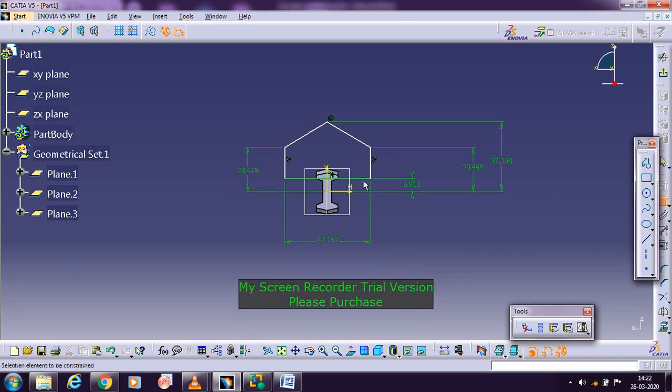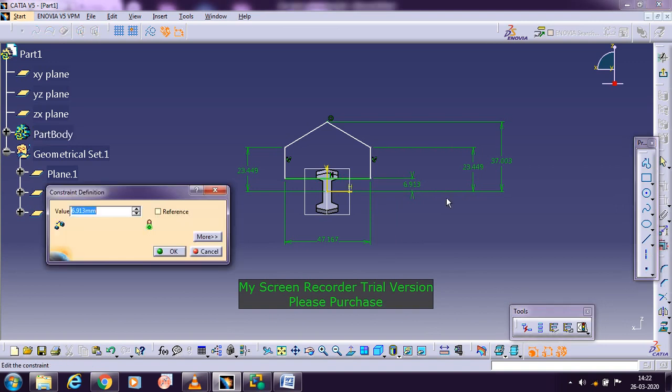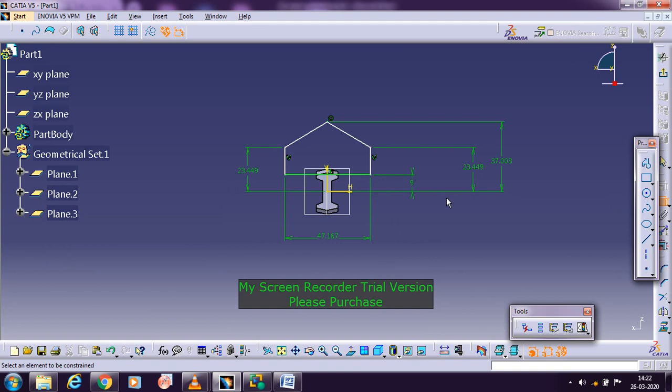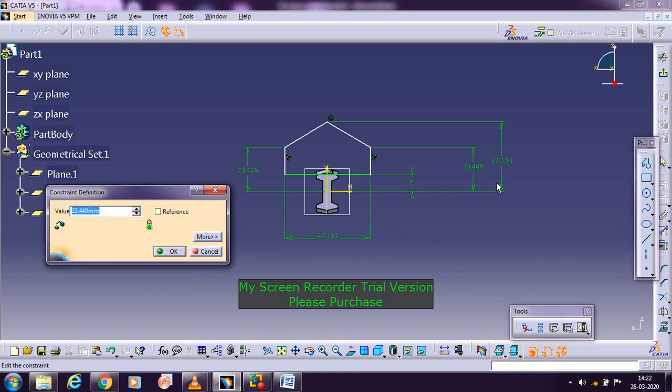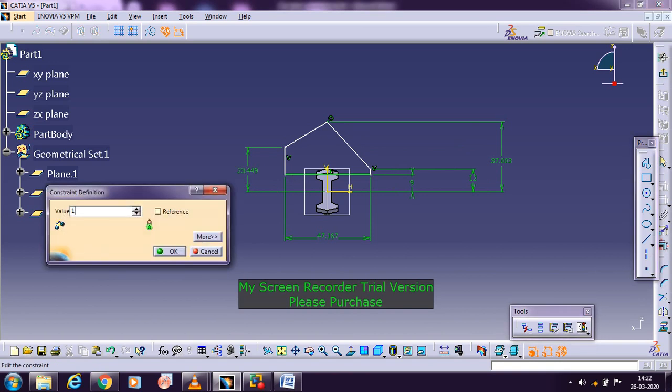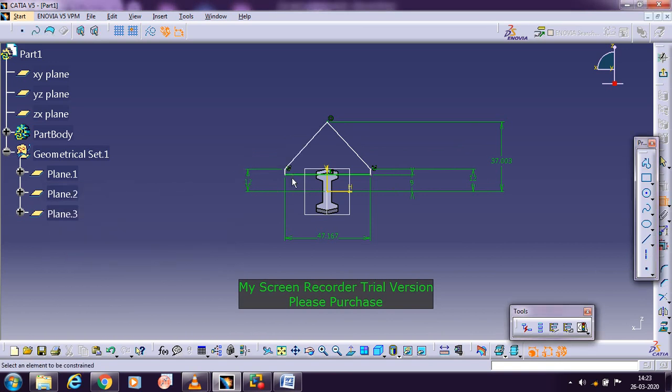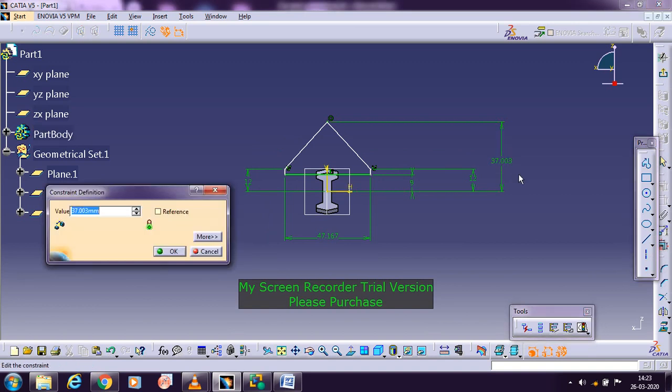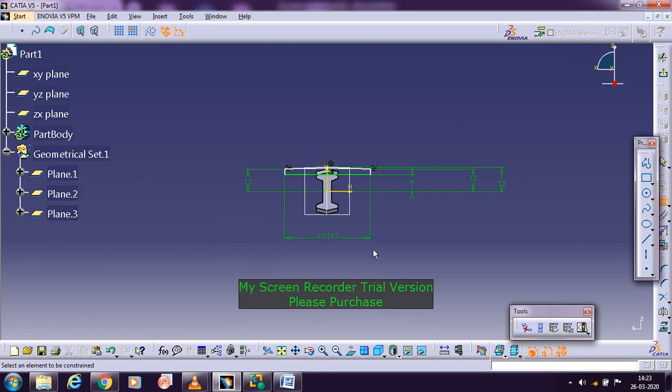Now we need to change the dimensions. We came to know that the inner diameter is given as 18. In this case we are showing the radius, which is 9 mm, and then the second diameter we have is 24, so the radius is 12 mm here. Once you set this 12, the other side is also 12. You should not forget to show this 12 mm here. Then comes the last diameter, given as 26, so the radius becomes 13 here. And then